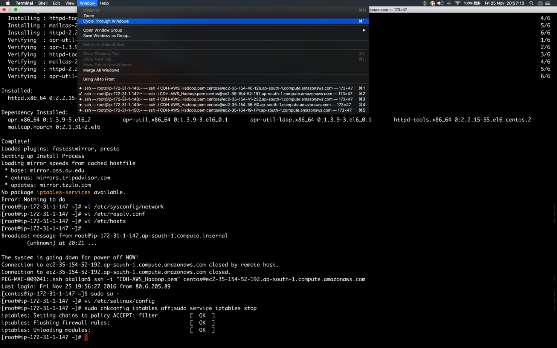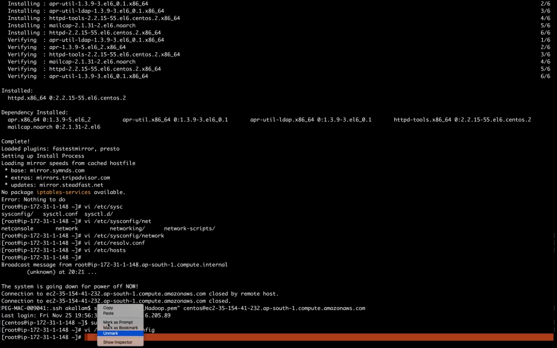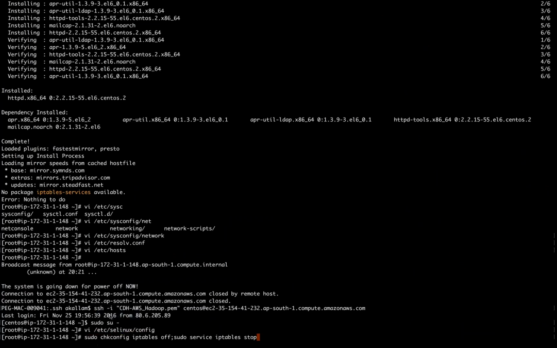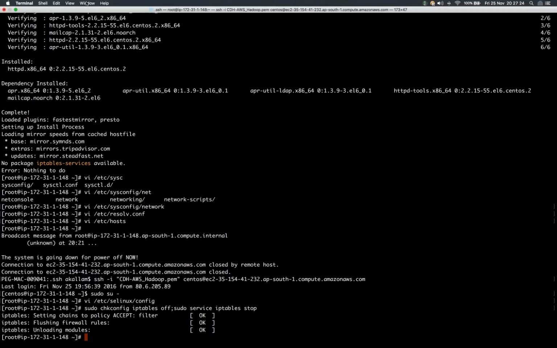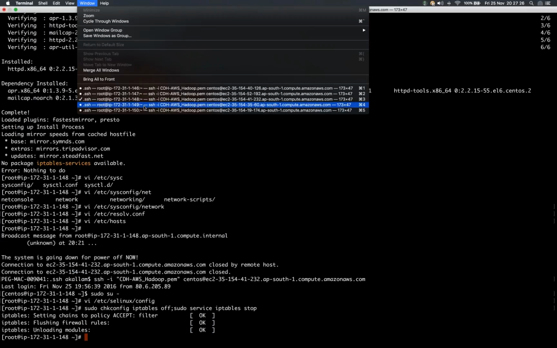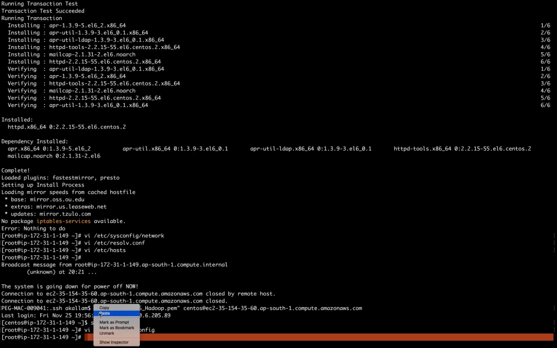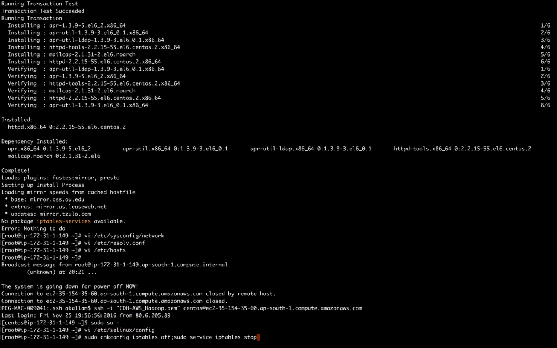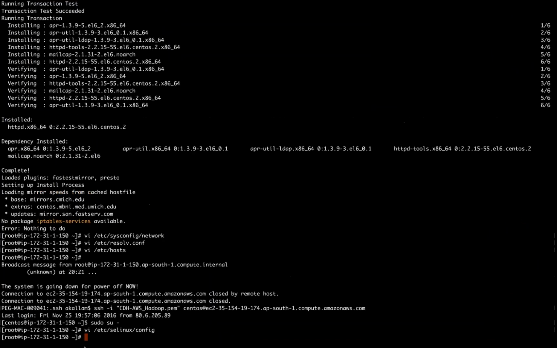Both are the same, right? Stop or off. One is you're turning it off at startup. So once the server is started, you're stopping it from there. With sudo chkconfig, in the configuration itself you're turning it off, which means you're telling the iptables service not to start when the server is restarted or something like that. Okay,